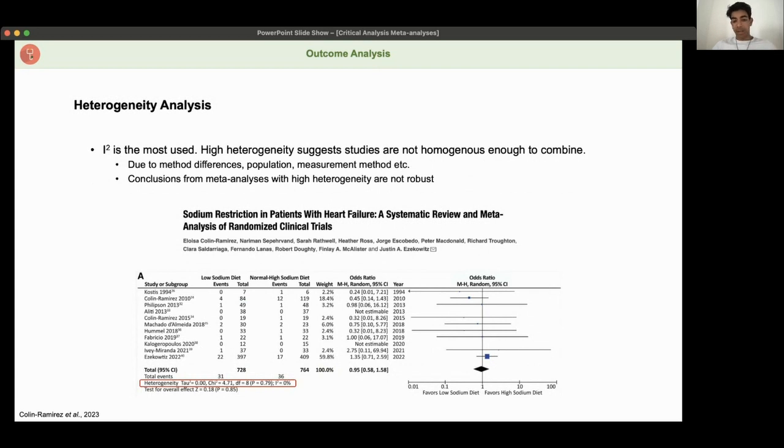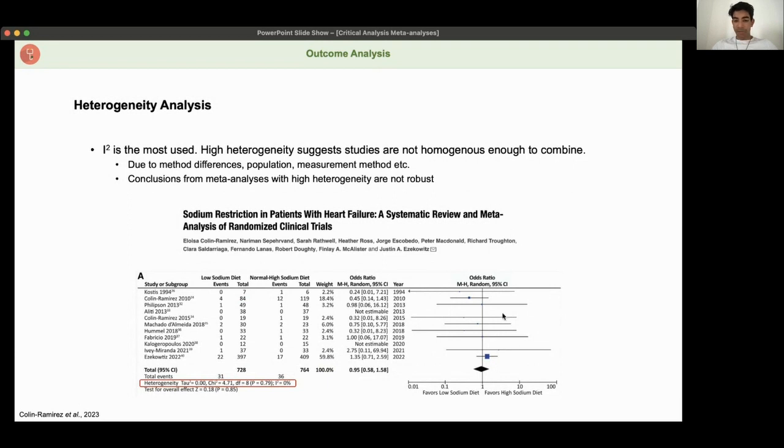And they will always tell you the heterogeneity for whatever subsection of the meta-analysis you're in. I've highlighted that down there for this sub-analysis that they conducted. I think this was for all-cause mortality. And it tells you heterogeneity I-square is 0%, which suggests no heterogeneity. And they give you a p-value for the heterogeneity as well, 0.79, which tells you it's not significant. If it was less than 0.05, you think, okay, there's significant heterogeneity here. Should I really trust this information? The answer is no, don't trust it.